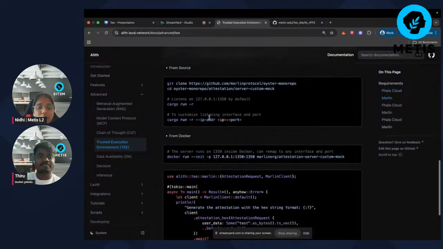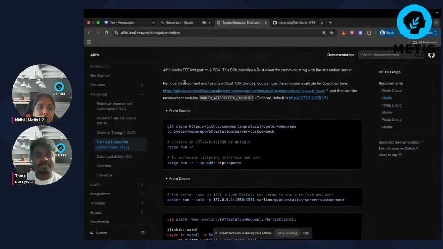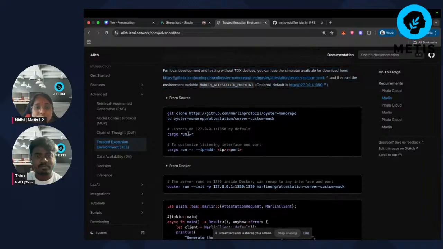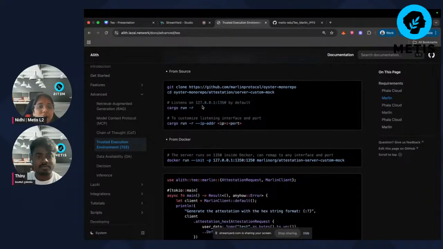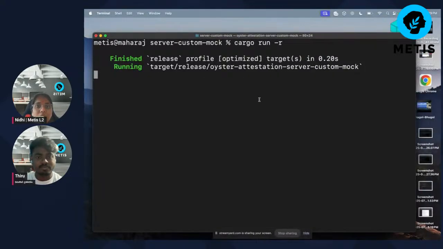Before that, if you go here in the Alith documentation, you can see that for local development and testing without TDX devices, you can use the simulator available for download here. So you just clone it, go into that, and do cargo run. By default it's listening on this port. Just run cargo run, and it will start your simulator just like this. If you see it running, keep it open in a different terminal, and